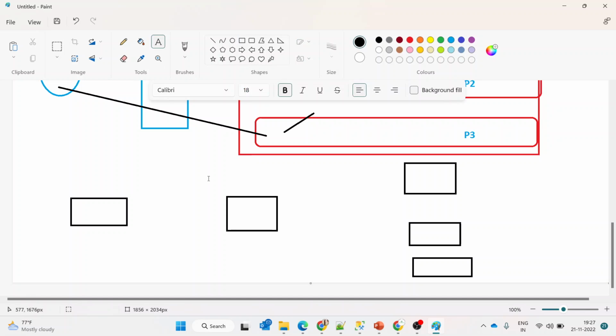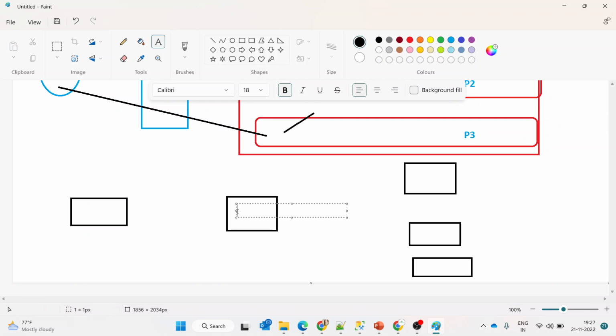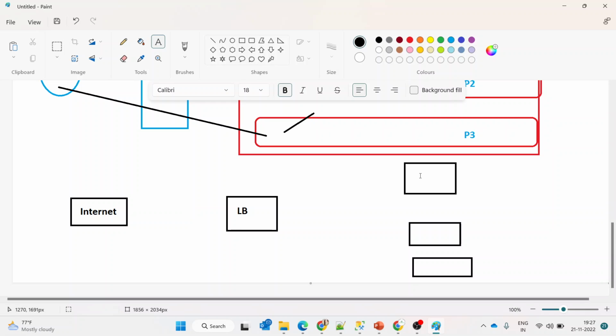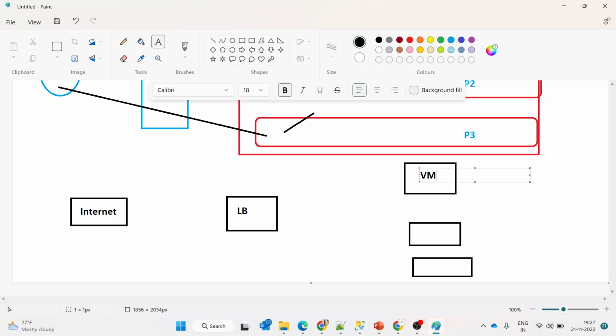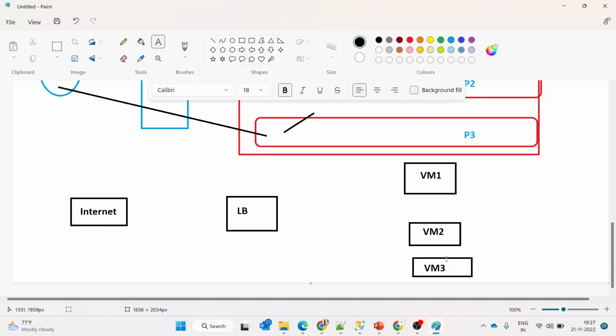Okay, so this is my load balancer. I'll take it as LB, and this is my internet here, and then this is my VM, and this is my VM1, VM2, and here VM3. So now what happens is, if I wanted to access the application, so what he will